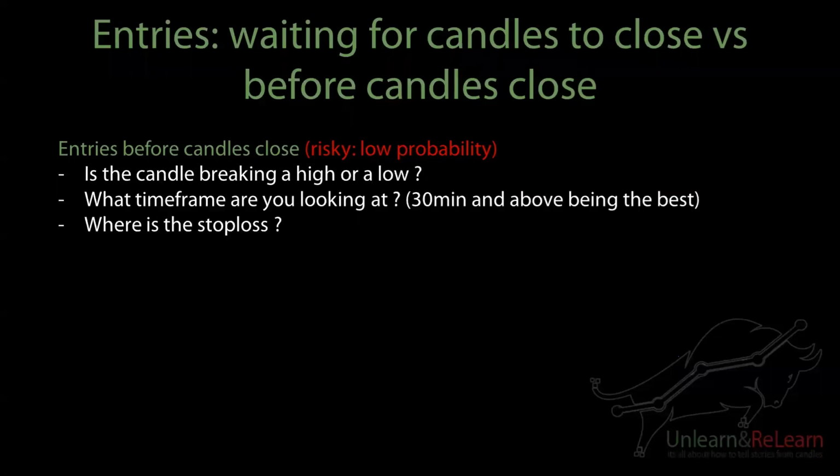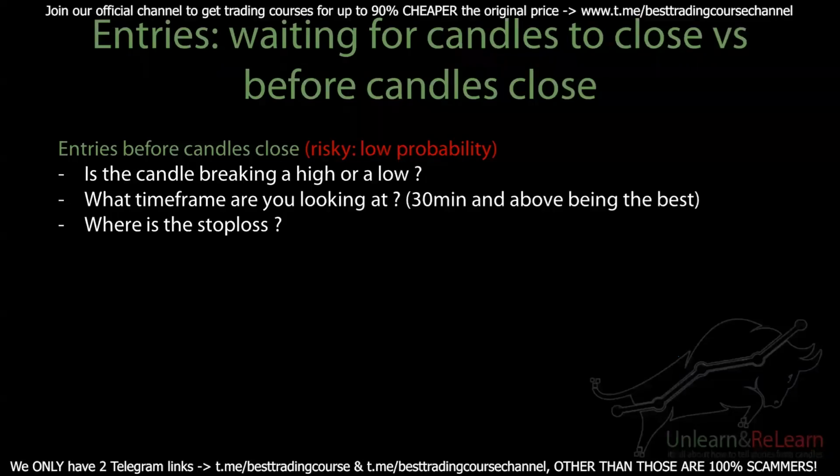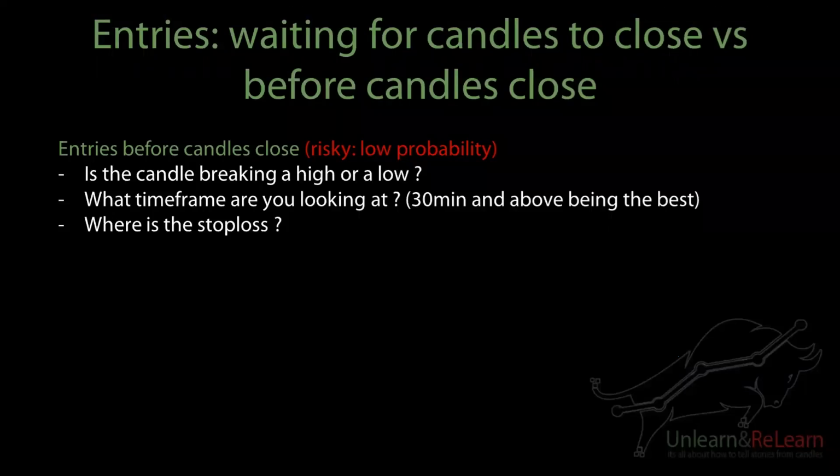1 hour and 30-minute time frames, man, they are the best time frames to look for confirmations within a session. 4 hour is also really good if you're trying to trade off the daily. Daily is also really good if you're trying to trade off the weekly, but if you're trading inter-sessions, 1 hour and 30-minute candles are the best. The 15-minute can also work, but it takes a lot of practice, because with smaller time frames there's a higher chance of price doing odd things here and there. So it takes a lot of getting used to.